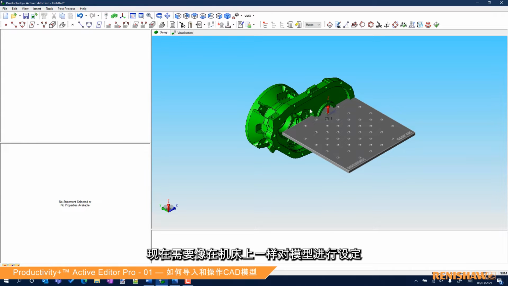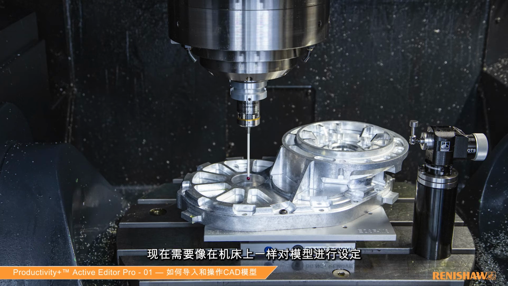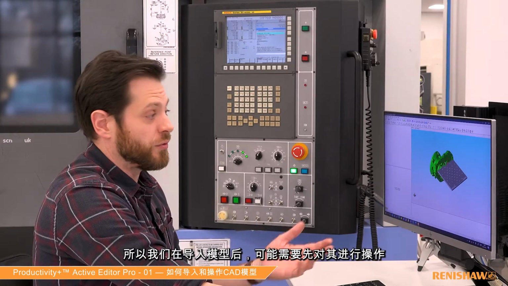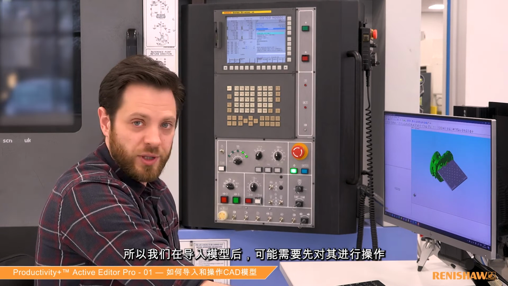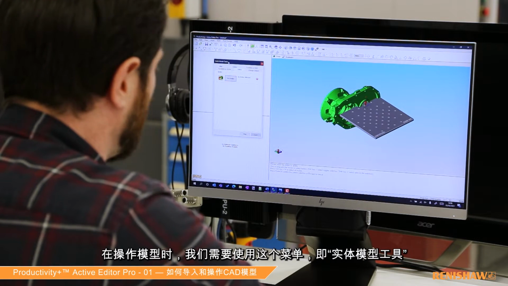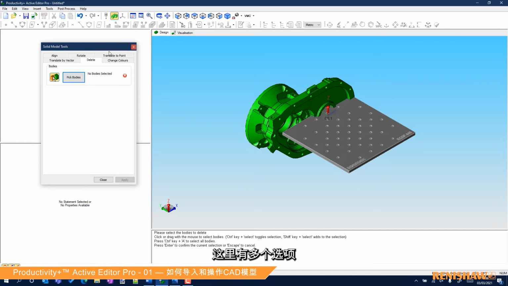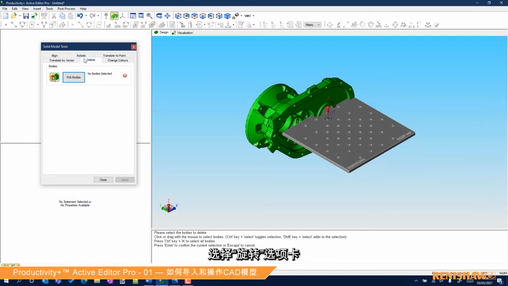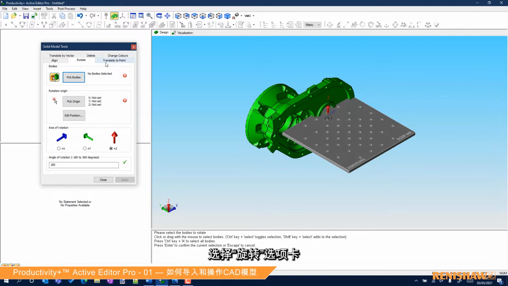Okay, so we've got our models in. Now, these need to be set up as they are on the machine tool. In many cases, they may not be from where they've been exported if you've got them from a customer, so you might need to manipulate the models. In order to do that, we have this menu here, which is our solid model tools. There's a variety of options. We're not going to go into all of them today, but we'll look at a couple of key ones to get you going. So if I select rotate,